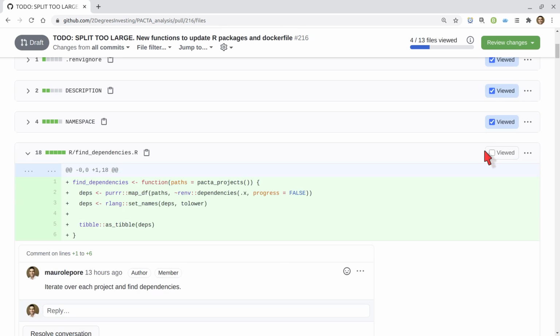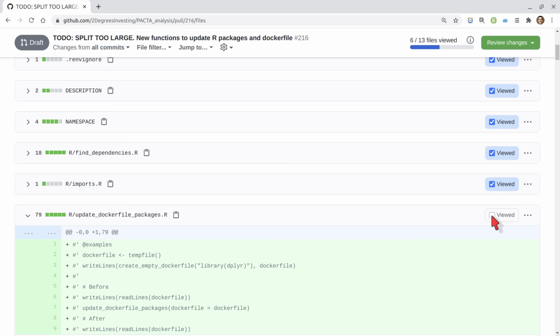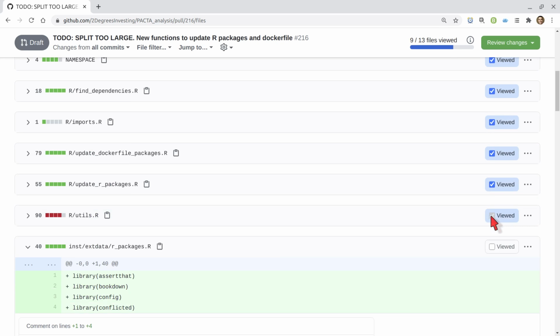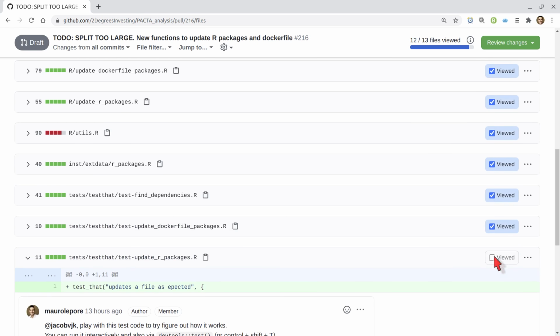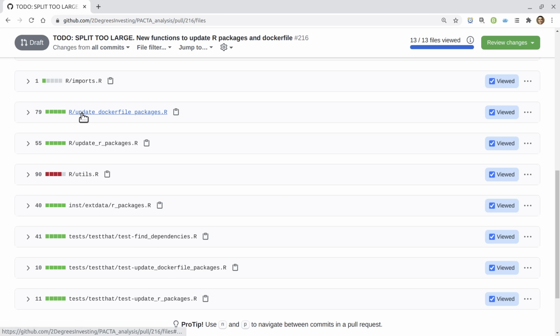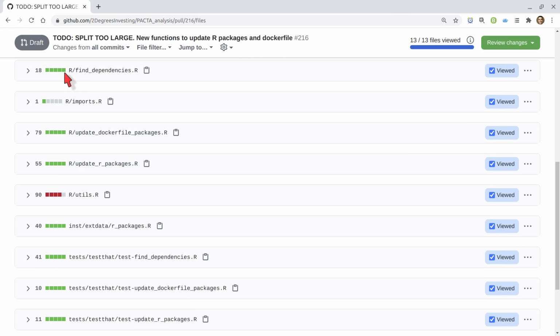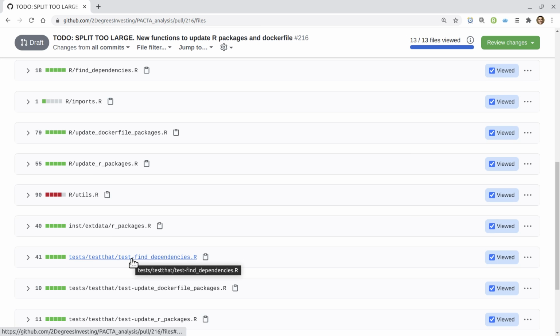But then there are some other files that kind of stand alone. For example, this file find_dependencies in the folder R is related to, let me show you, let's collapse all these files so it's easier to see the patterns here. So you see that for every file in R, you will find a file in the folder test. For example, this one, R find_dependencies, is related to this one, test